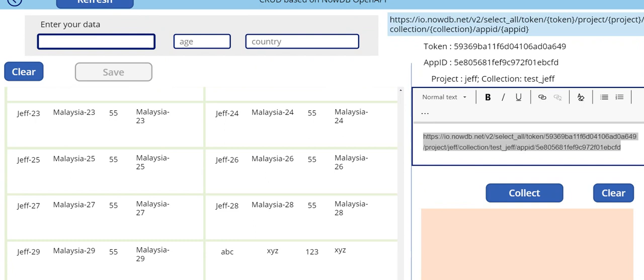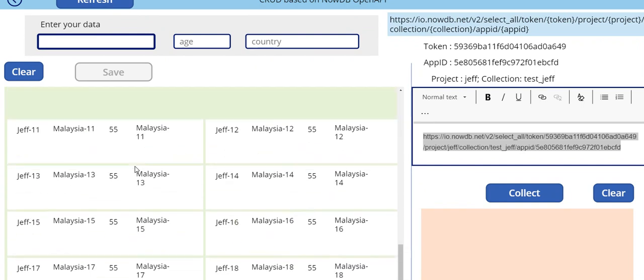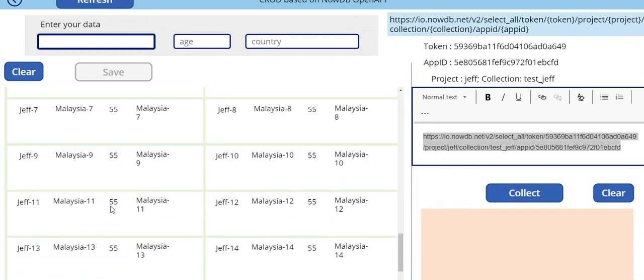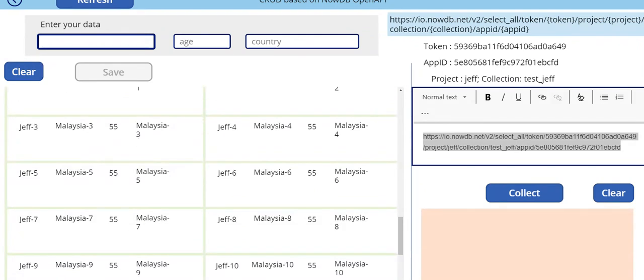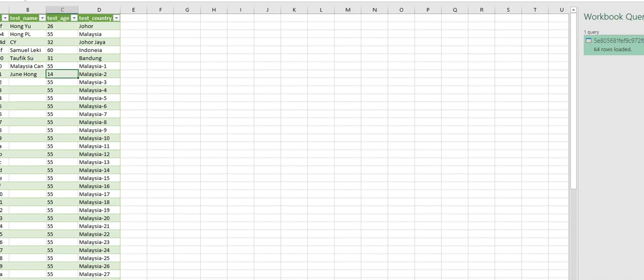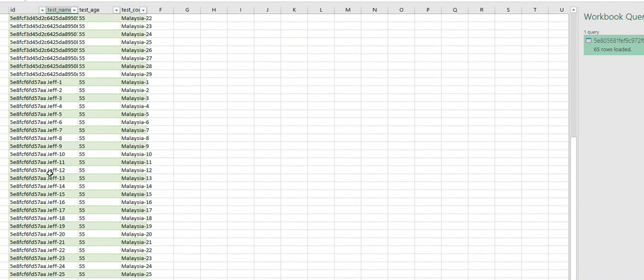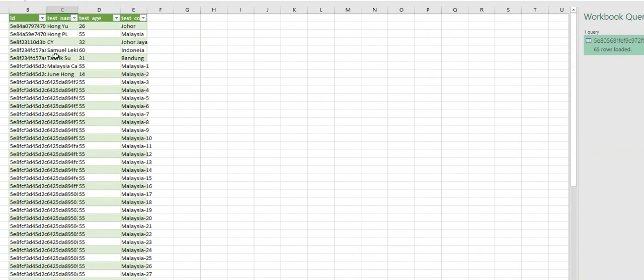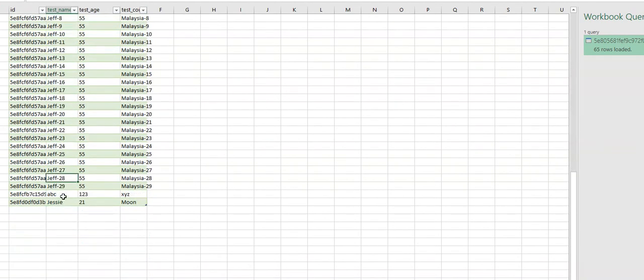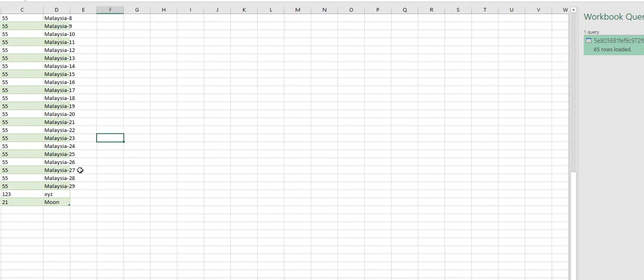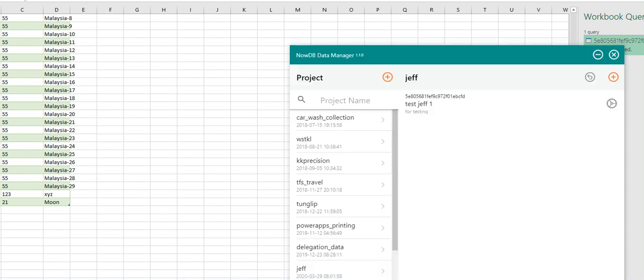You see the moon. Maybe I have a double column here. Doesn't matter, the double column. If I look here, let me refresh. You can see the last data. Oh, what happened? I have copied something here. Doesn't matter. The data is already here. You can see the data are being synced immediately into the Excel.